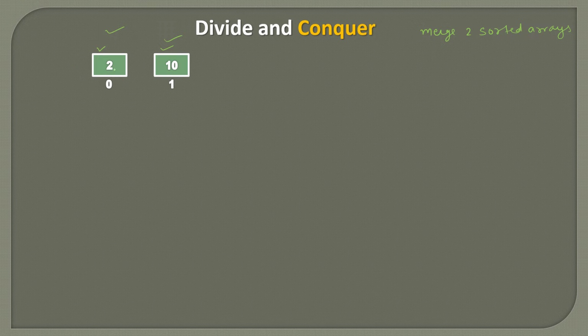So this is the first sorted array and this is the second sorted array. In the conquer step, we merge them in such a way that we compare their respective elements one by one. Here we compare 2 with 10 and we simply merge them to get the sorted array. After merging those two sorted arrays, we are left with a larger sorted array. So here 2 and 10 are actually sorted. Now this conquer is done for this particular step.